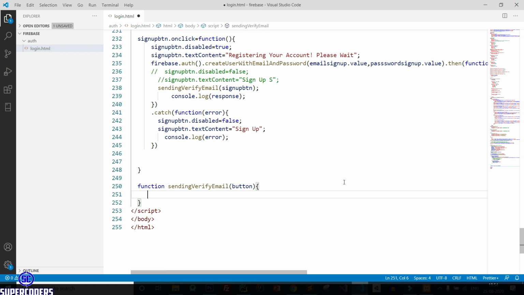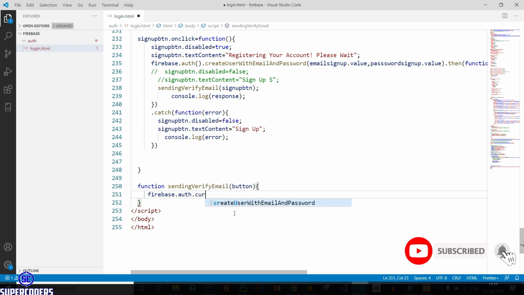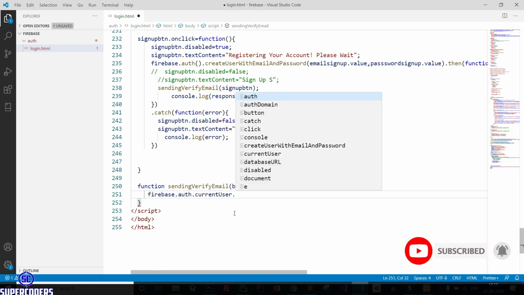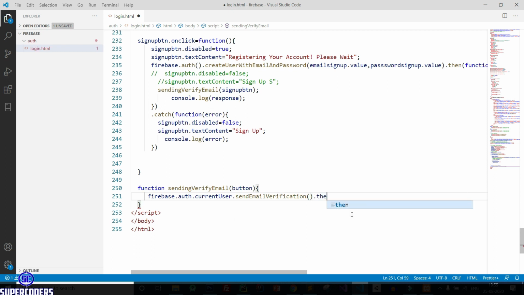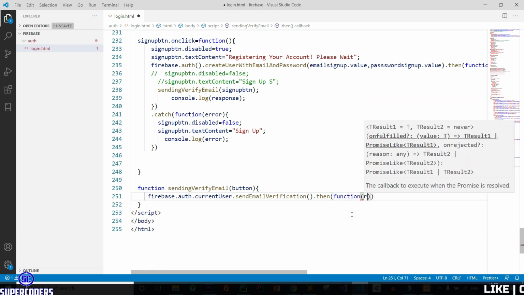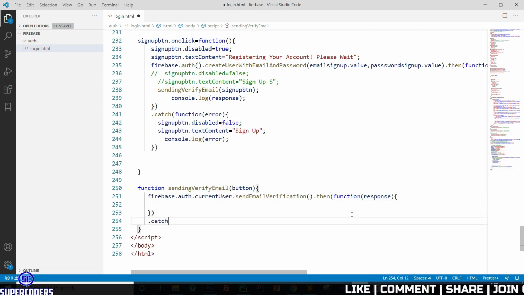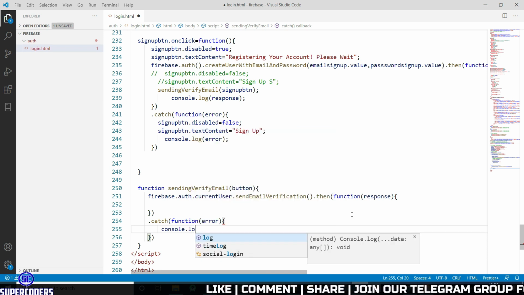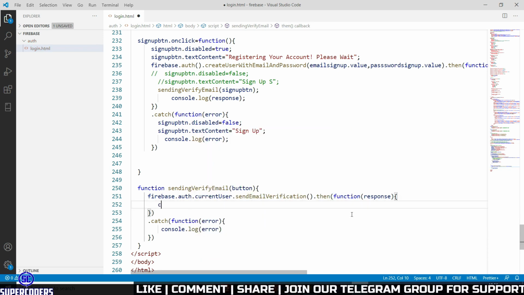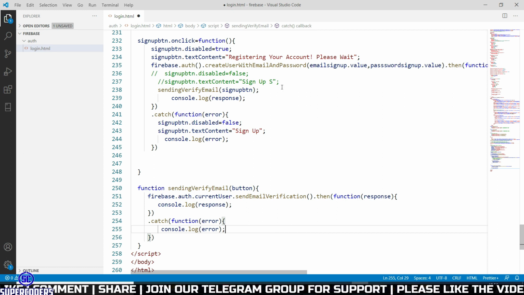So here sending email verification, then Firebase dot auth current user dot send email verification, then function response dot catch function error, console dot log error, console dot log response, save it, and let's move this code here.